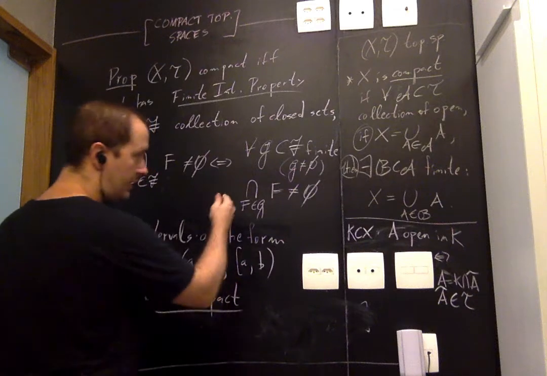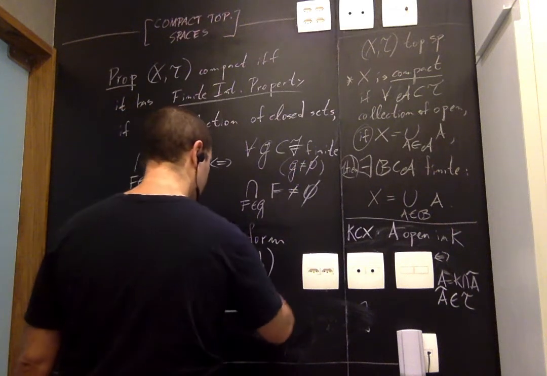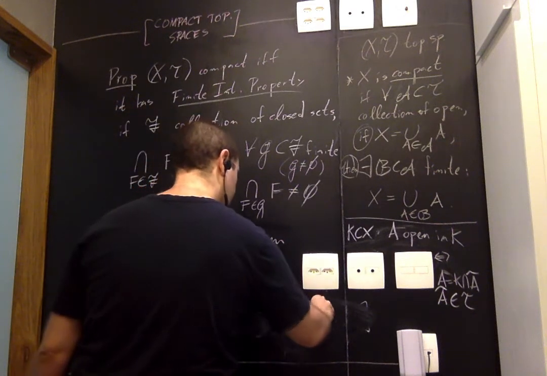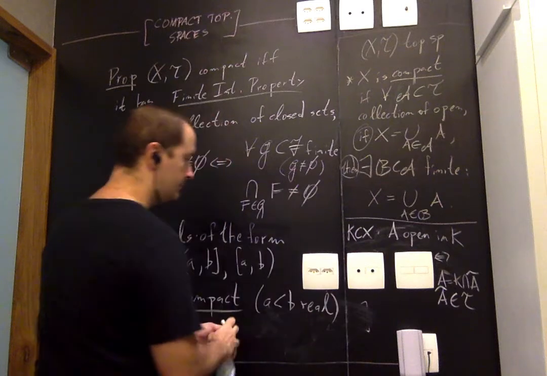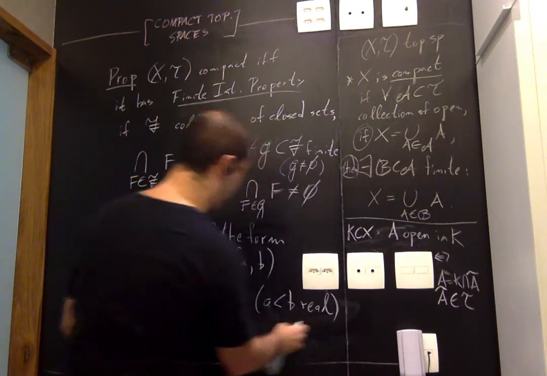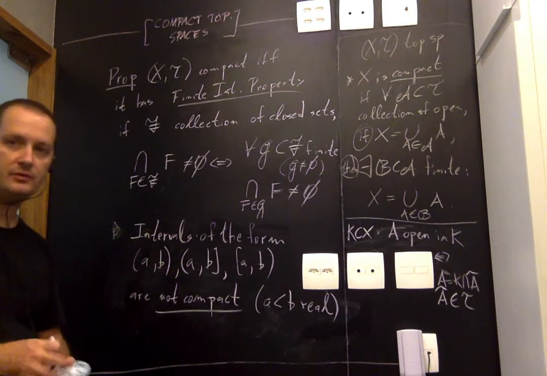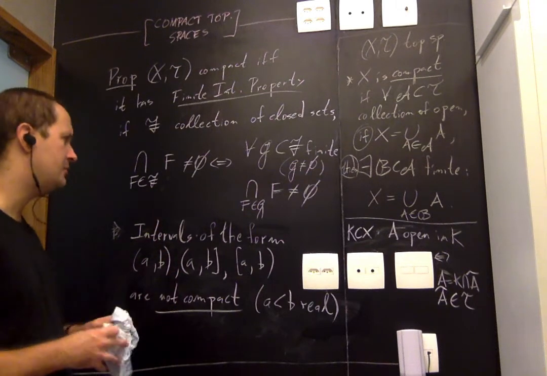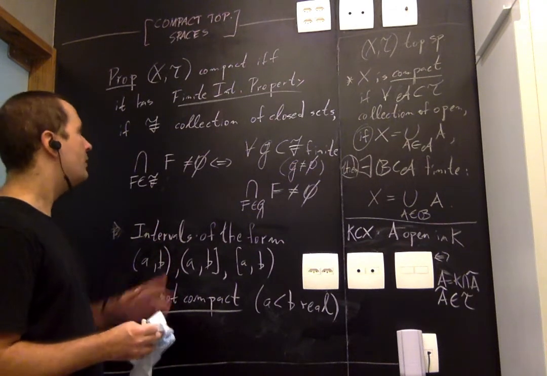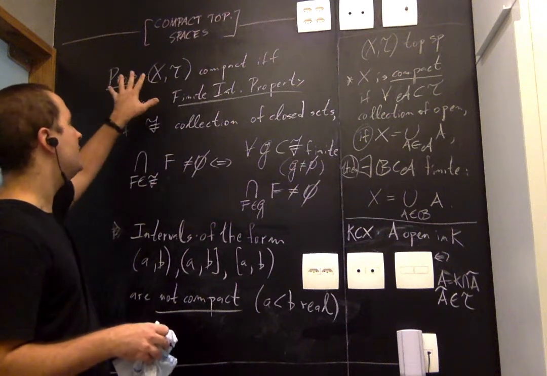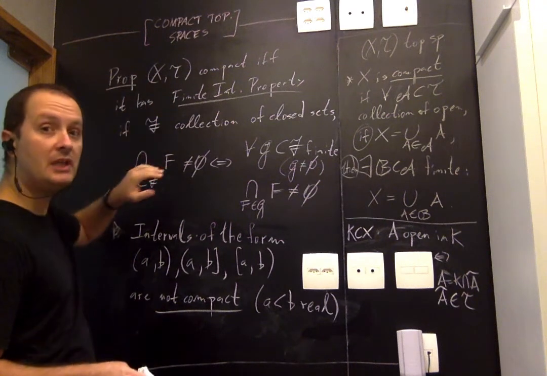And you can use the finite intersection property more or less the same way, except that maybe you have to deal with the induced topology of these intervals, but that's not really a major problem. So, at the very least, we understand that if the proposition is true, then we have a good